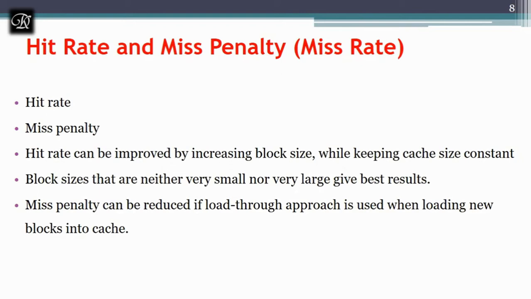So we can increase the block size so that we can get more data within one block and the hit rate will be more. But we should remember the cache size also, and each word line of the cache. So what we have to do here is, we should neither create small blocks nor come up with larger blocks. We have to take medium blocks, which is neither small nor large, so that they give the best result and improve the hit rate.